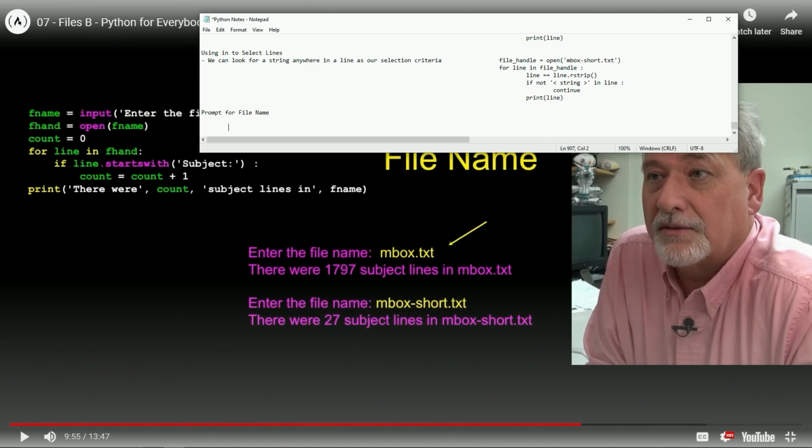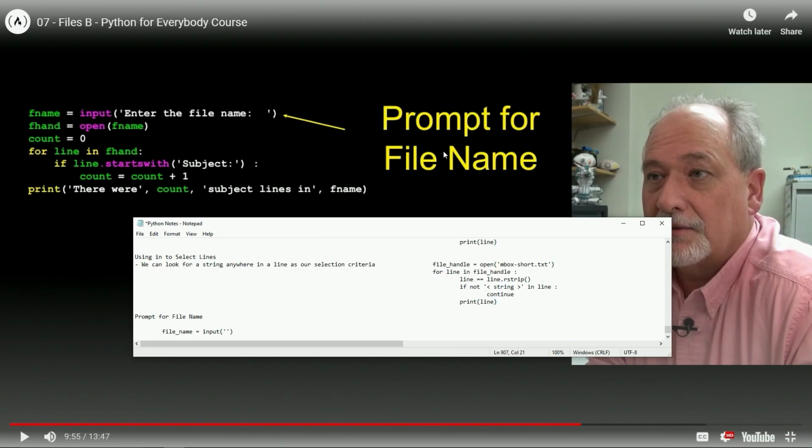All right, so let's do this. Prompt for file name. What's it called? File name equals input. And then we'll say enter the file name. Let's bring this down. I don't like it being this low.